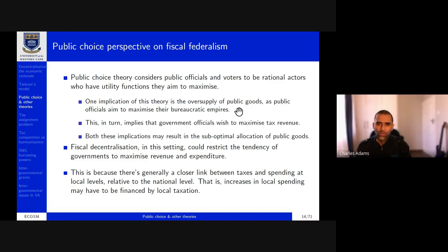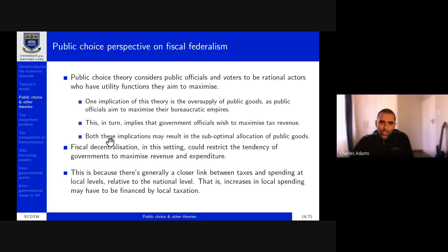So politicians who make the kinds of noises that are favorable to corporations, saying that we want to reduce taxes, we want businesses to flourish, we want government size to decrease, etc., will find favor from corporations who would be sympathetic to those views, and they'll get funding in that way, right? Okay, so this in turn implies that government officials wish to maximize tax revenue,